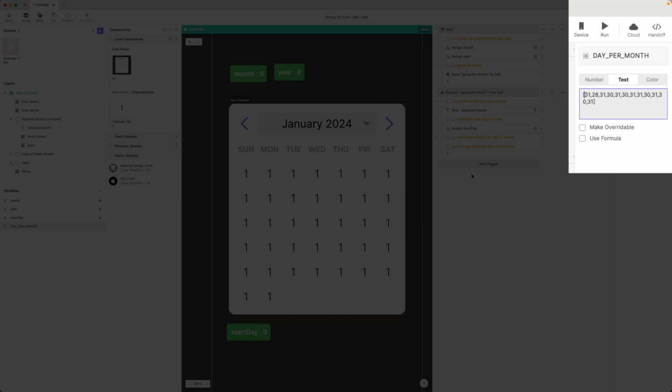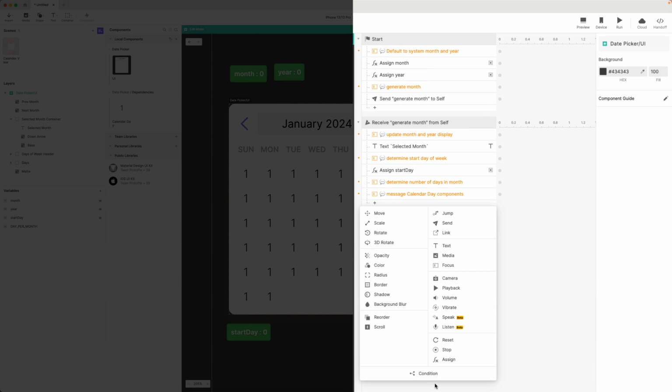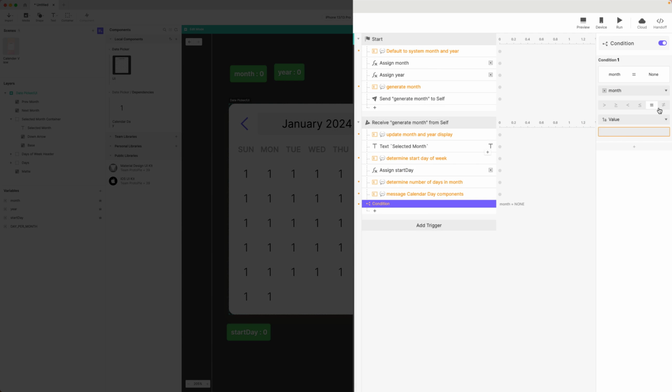So I'm going to make a decision here first. If the month is not February, then I'm just going to look up the number from this list. Let's add a condition right under here. Condition: if month is not equal to 2. 2 is the number for February. January is 1, February is 2, March is 3, etc. So if the month is not 2,